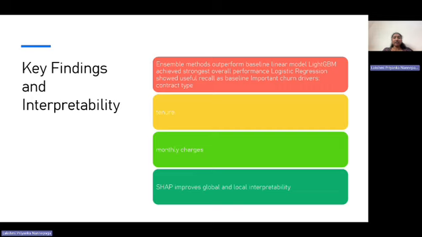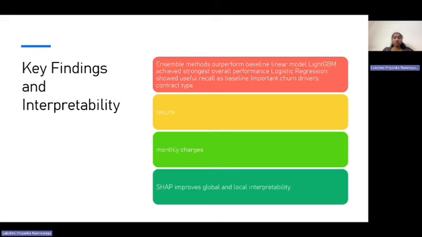Key findings and interpretability. The findings indicate the ensemble methods outperform the baseline linear model, with LightGBM giving the strongest overall balance of predictive performance. Logistic regression still remains useful as a benchmark and offers strong interpretability.